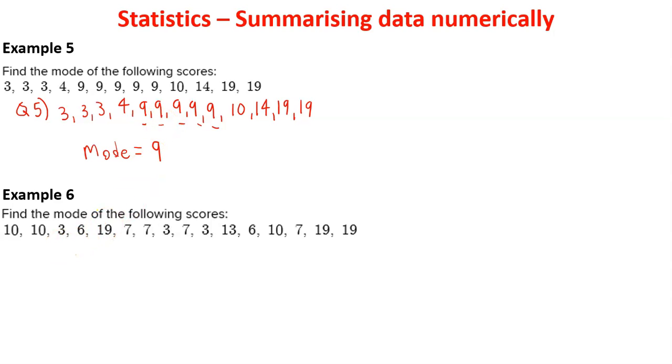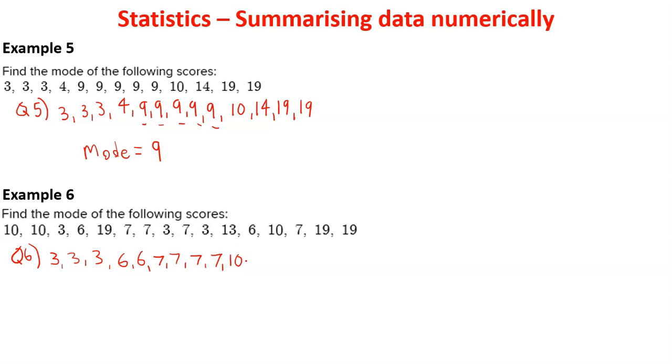Question 6, our last example. Again, this one here, we need to find the mode. It doesn't necessarily need to be in order, but the way that I normally like to do it is to put it in order, because then you can see how many of the same score you have. So I'm just going to write it in order. 3, 3, 3, 6, 6, and then we've got 7, 7, 7, and 7,